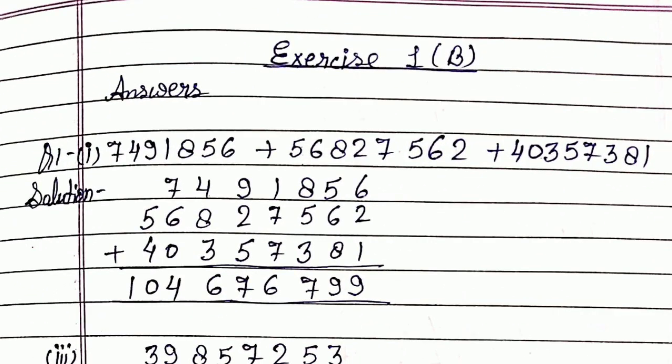Now here you can see question number 1, first part. Three numbers are given, so we will arrange them. One thing you keep in your mind: write all the digits in the proper column, meaning all the ones in the ones column, all the tens in the tens column, all the hundreds in the hundreds column. This is very important. When you have arranged all the numbers properly, then you will start adding them. So here we will start from one side, 6 plus 2 plus 1, then 9 will come. Like this we will add the whole question.